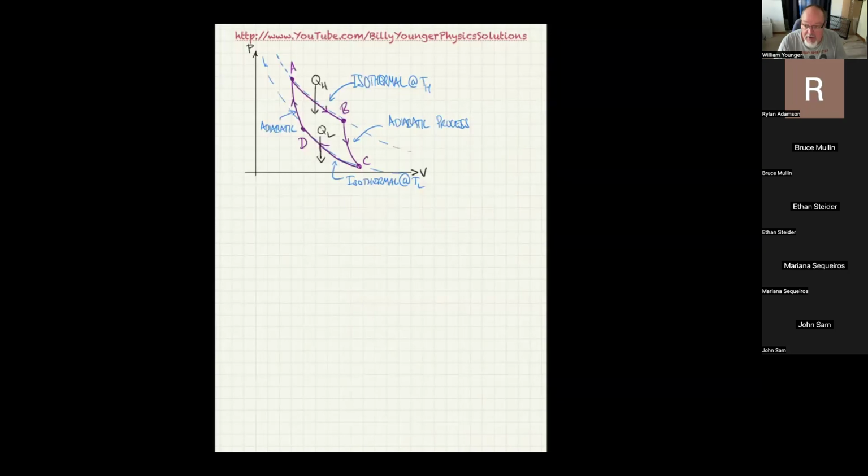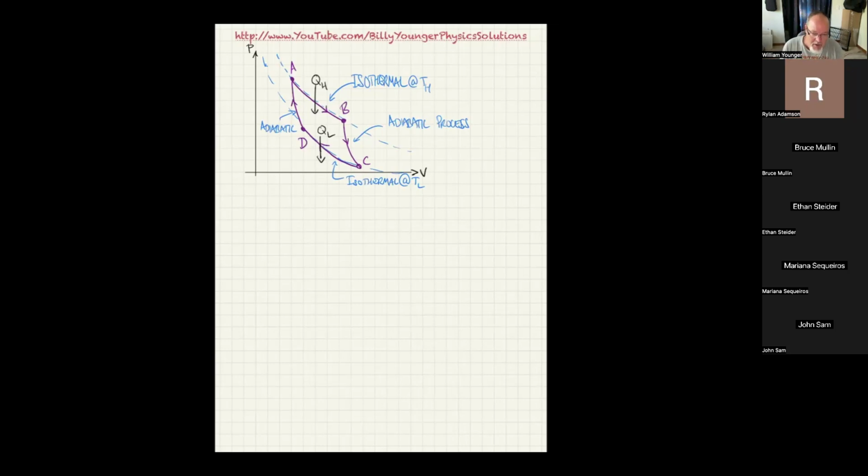It's an isothermal process at a constant temperature TH where an amount of heat QH enters. And then it's going to be an adiabatic process where it goes from a temperature TH to a temperature TL by an expansion in general. And then it's going to compress. And when it compresses, it's going to give off an amount of heat QL into a reservoir at temperature TL to the point D. And then there's going to be an adiabatic process from D back to A. The nature of it being cyclic is what makes it a heat engine.